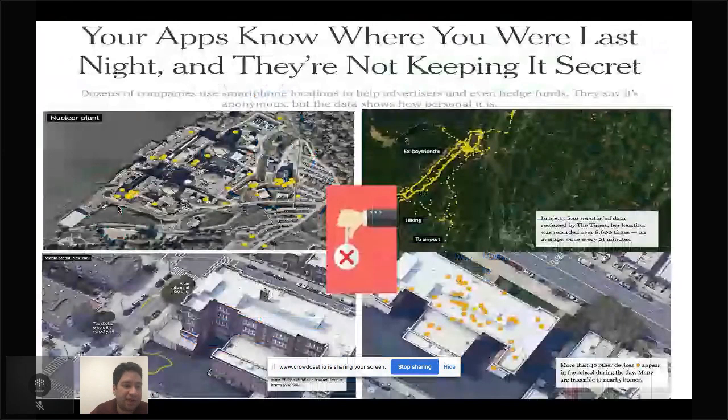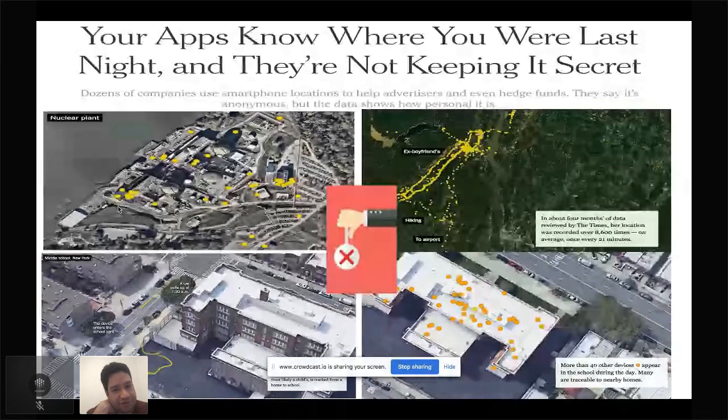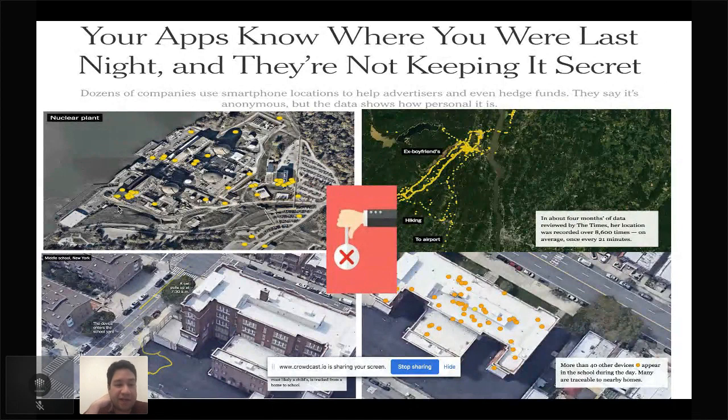But there's also, this is just the tip of an iceberg. This is a wonderful article. You should check it out in the New York Times of what could go wrong. And this article basically shows the tip of the iceberg of examples of people being tracked to great detail where their individual privacy is lost. And it could have implications not just at the individual level, but also at the regional, national, or the global scale.